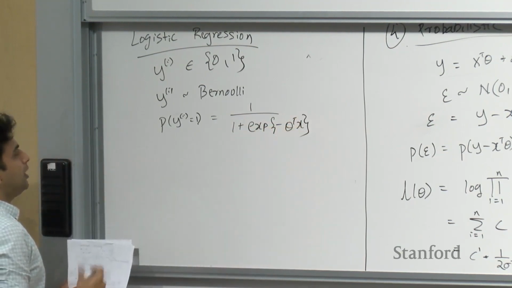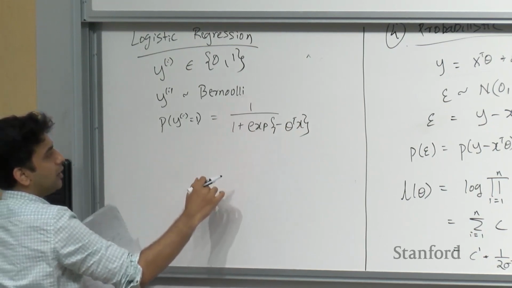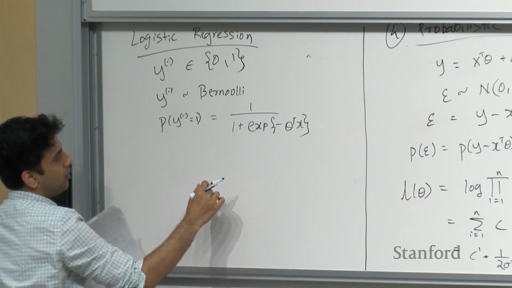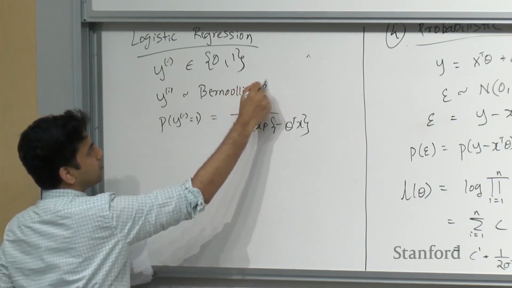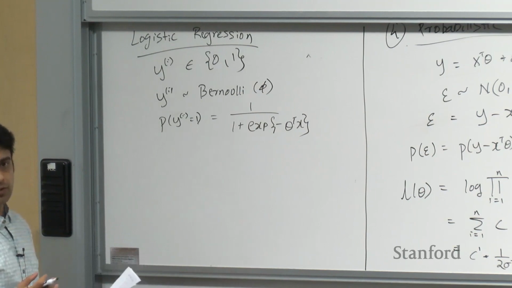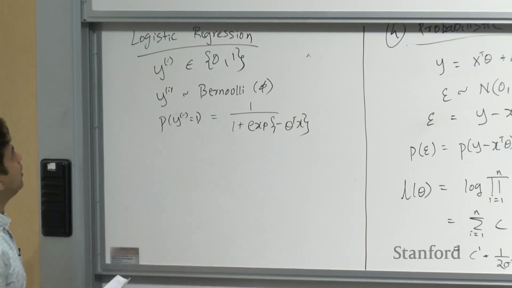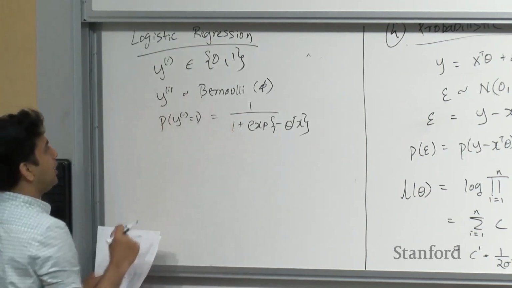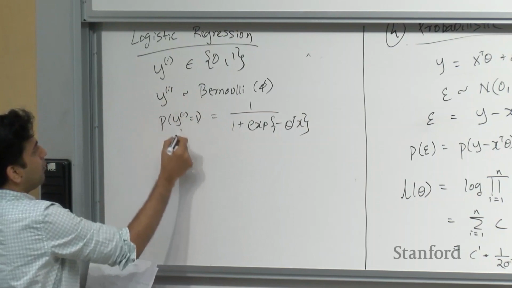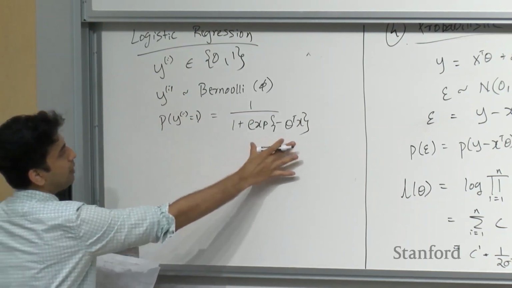And initially we construct this 1 over 1 plus e to the minus function as a good reasonable guess, which we later rederive in GLMs as a natural consequence of assuming Bernoulli. But for now, let's just go ahead, where the predicted yi equals 1. So this will be our prediction,